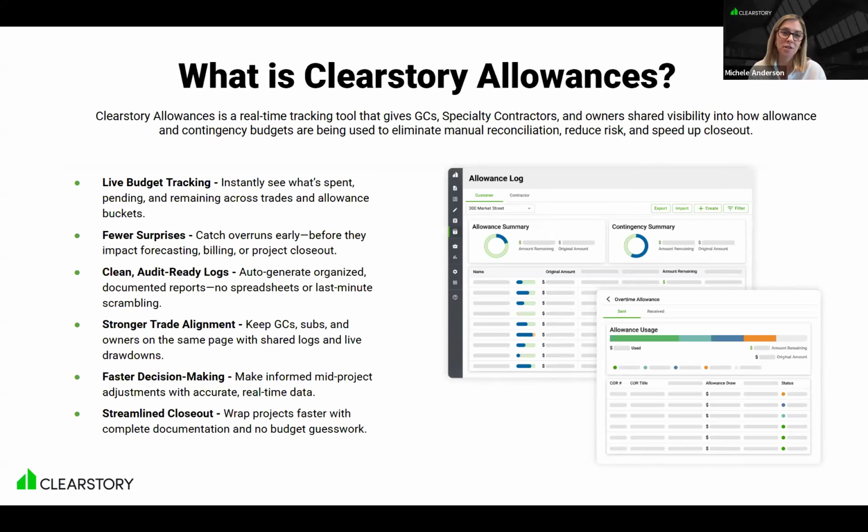So this was actually the first project I really dove deep on after joining Clearstory, and I really wanted to build not just a feature, but really learn the industry, to understand what GCs, trade partners, and owners were struggling with when it came to managing allowances and contingencies. So we started by getting really crystal clear on the problems, a lot of the ones that TJ just went through. People told us the pain points: budgets that were hard to track, surprise costs, and logs that were messy or incomplete. And we knew we could solve this, and we really wanted to solve it in the Clearstory way,